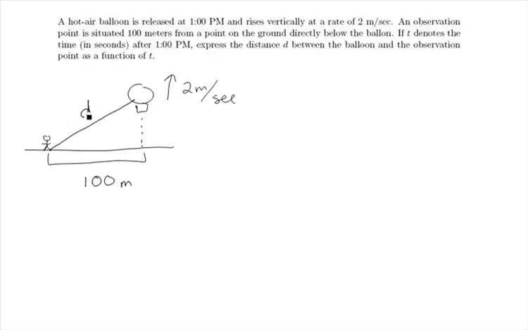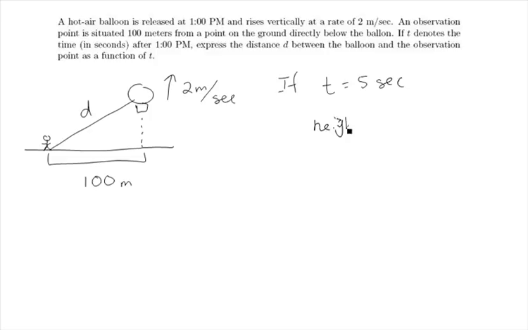We have a distance between the observer and the balloon, told to us to be the value d. We have the distance between the observer and the base of the balloon to be 100 meters. Let's see if we can figure out what the height of the balloon is. So, as a warm-up, after 5 seconds, how far do we think the balloon has traveled? So if t equals 5 seconds, we know that height